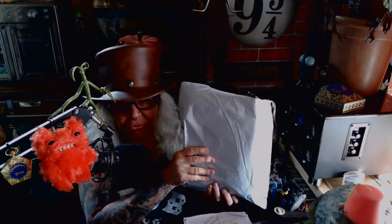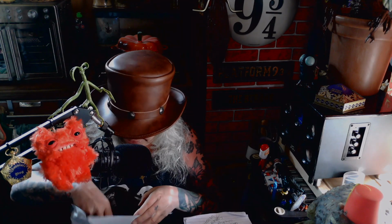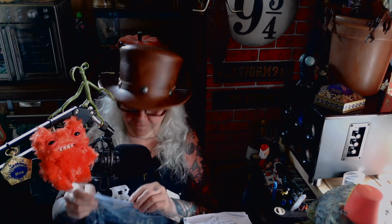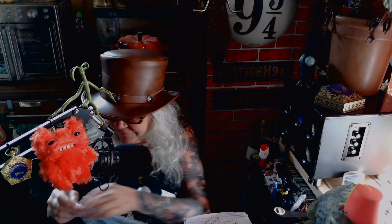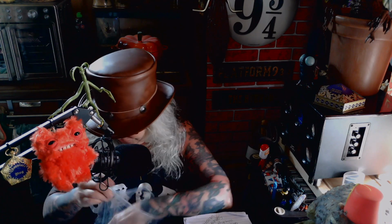All right, I have a little Temu package here. So we're going to go through this package and see what we got. I got a couple of things for myself, and I got a couple of things for Father's Day. There's another thing for Father's Day on the way, but I just have a theme for Father's Day because I think my dad will really love it. But anyway, first thing is